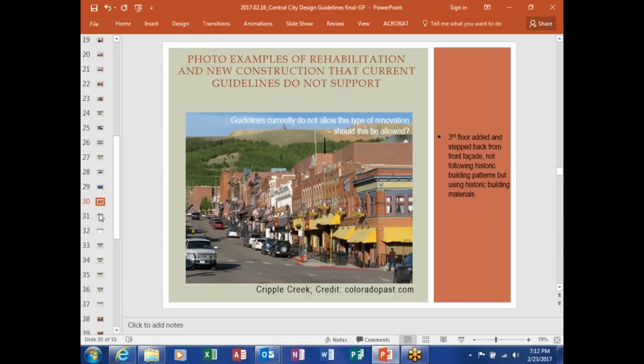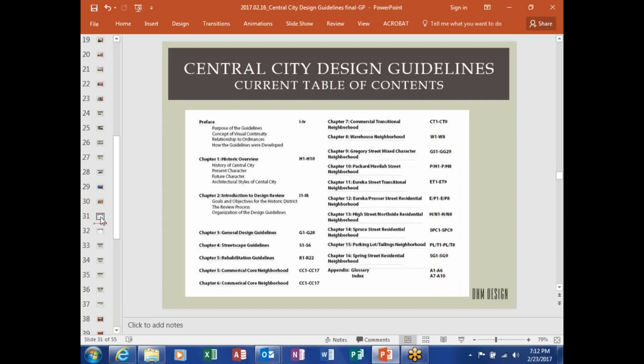Okay, so we're gonna shift gears. That was a lot of fun, and thank you for the good input on it. Now we have to talk about the table of contents. We're gonna let Susan do this as well. This is the current table of contents from the existing guidelines, just for reference. On the next slide